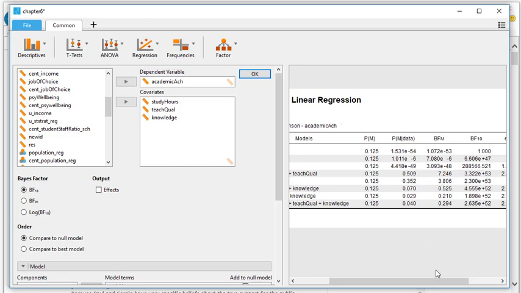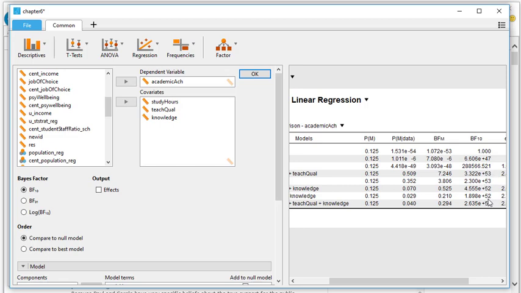But the most important Bayes factor that I'm interested in is this column, BF10, which is the comparison between two models: the model that is in each row, sorry, versus the null model. Yes, so obviously the null versus the null is 1, but then for the others, this is the Bayes factor. So basically all the models are better than the null